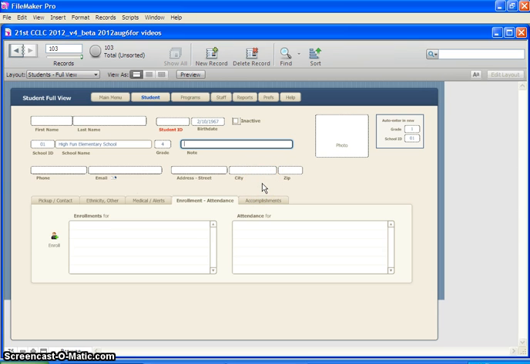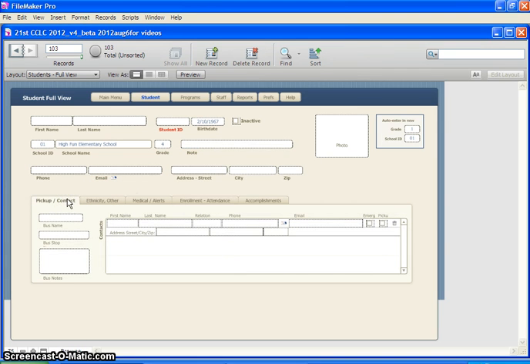By the way, if people have other fields you need to collect, you can always tell me, and hopefully I can get those in there. The other places as part of students, I just want you to see what's coming, and we don't have the reports built yet, but we have a transportation